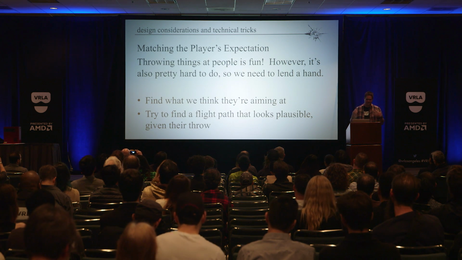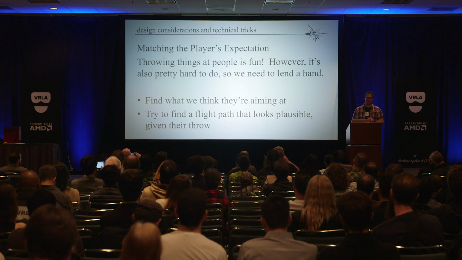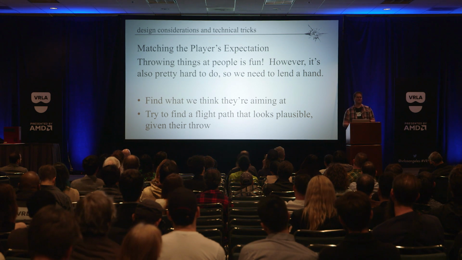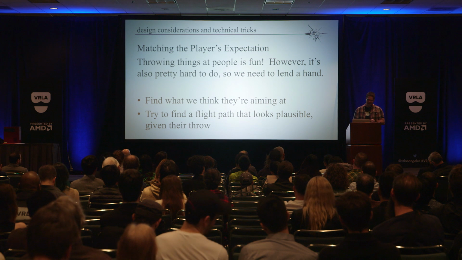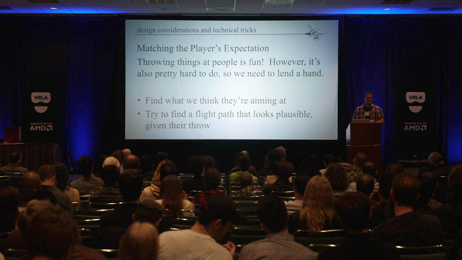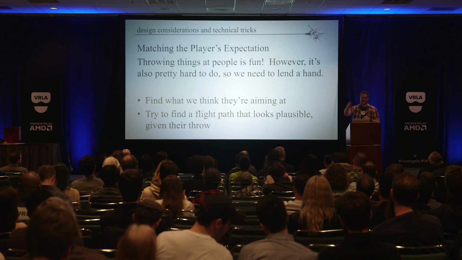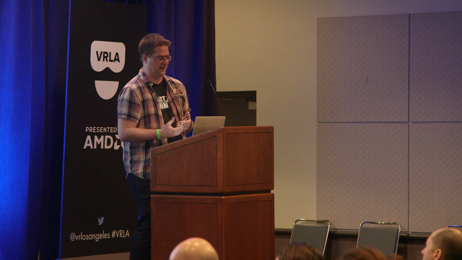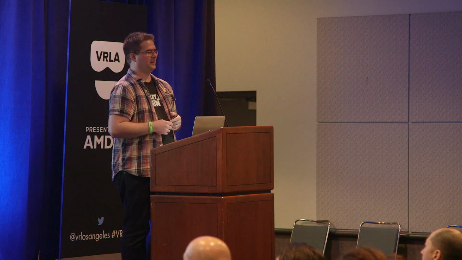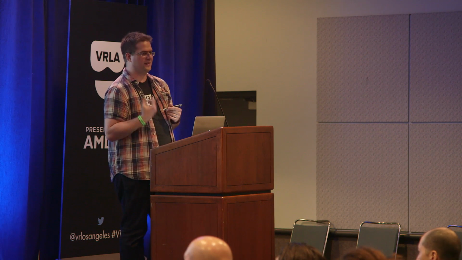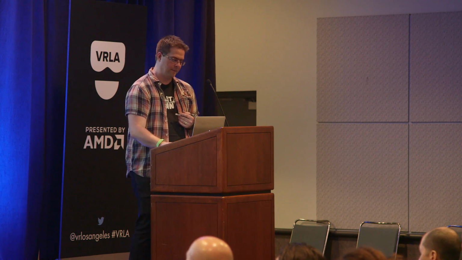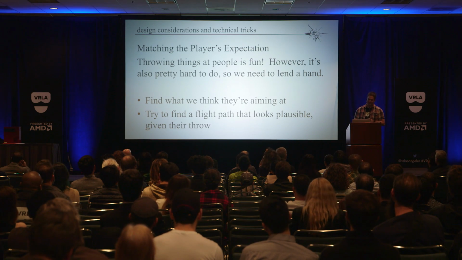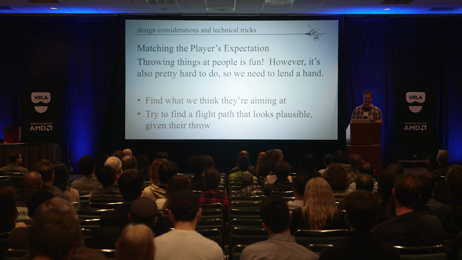So matching the player's expectation with motion controls is really the key. A lot of people, like me, suck at football and anything that involves throwing a ball to someplace where it needs to be. So the first thing we did, in order to match my expectation of throwing a grenade and wanting to hit a guy, was to see what we think the player is aiming at, and then find a flight path that looks plausible to get it there, so you feel like you made the throw yourself without the game cheating for you. Here is a grossly over-exaggerated video of what that looks like. The grenade will dart almost directly towards him, but it'll give you the idea.